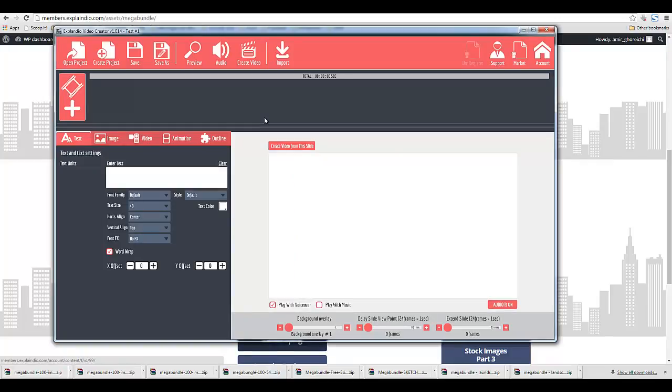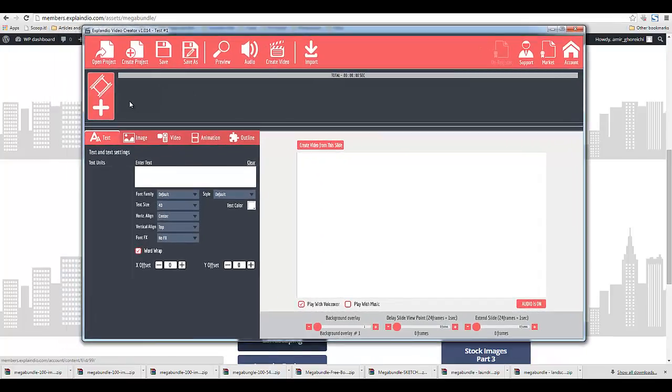Now, this is going to be a multi-part demo series simply because there's so much that this program is capable of doing. I could not possibly cover it in one demo, and even if I do about 5 demos, I wouldn't be covering everything. But I'm trying to get a feel for it and show you this at the same time. So let's start here.